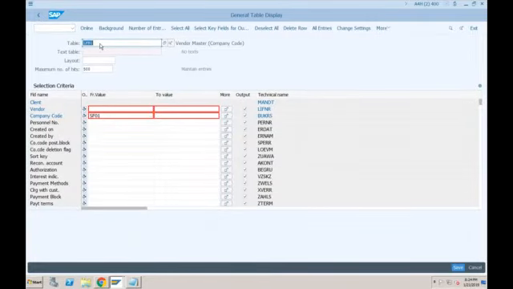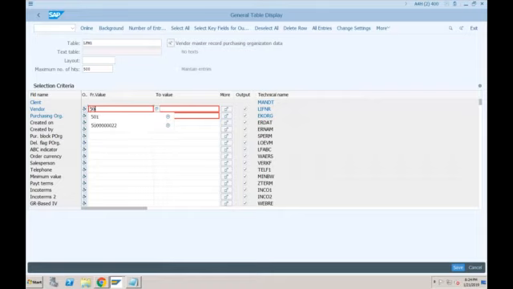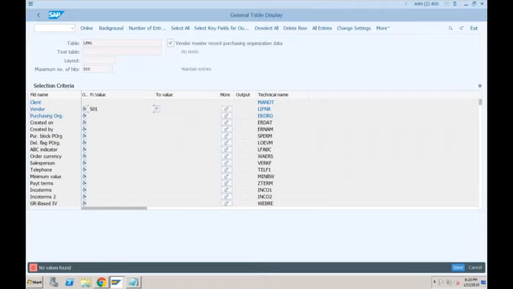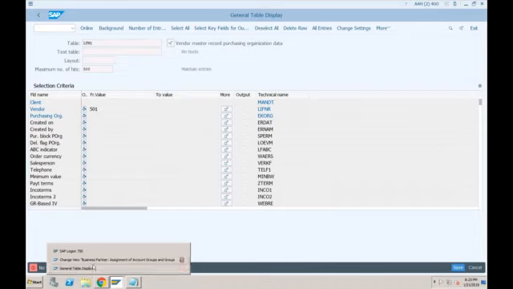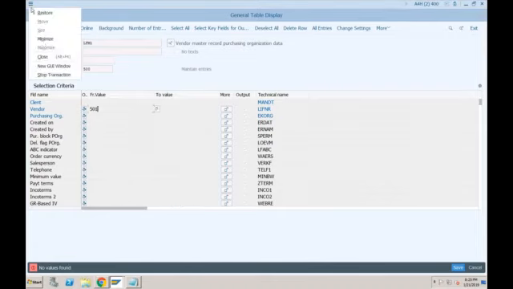The third one is LFM1, which is related to purchasing organization data. If you specify 501, it will not show, because we have still not extended this vendor for purchasing org. We just created this vendor with general data and company code data. Now if you want to extend this same vendor for purchasing organization data, I have to go to transaction BP.